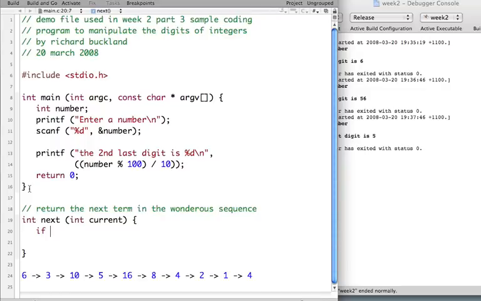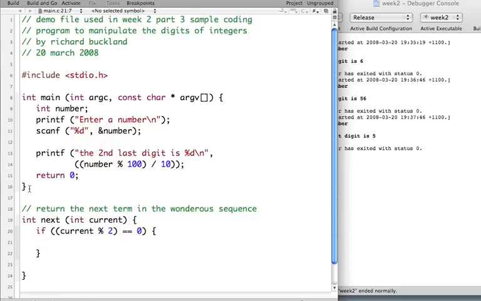How do we know if a number's even or not? Well, let's say if is, I'll write a function called is even, but I won't. What about, because it's easier to say, if current % 2 is 0, in other words, if the number is even, then what's the output? Well, then the next,